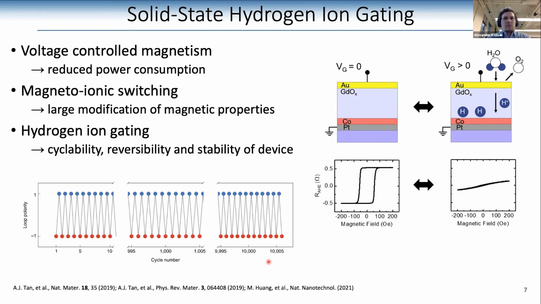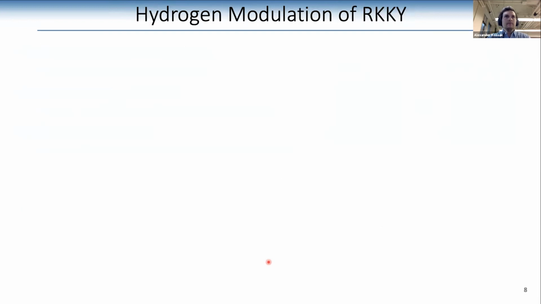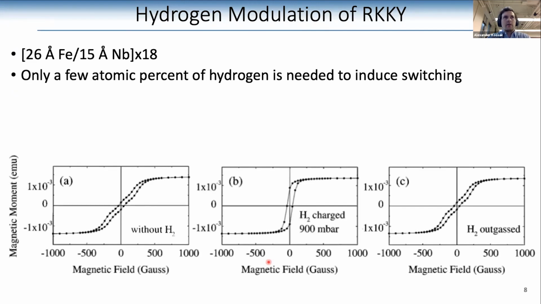It's quite reversible and stable. Hydrogen is one of the smallest ions, so it can lead to some of the rapidest and quickest effects. And it's also CMOS compatible. There's been some work on hydrogen modulation of the RKKY previously in the literature, namely for iron niobium superlattices, where